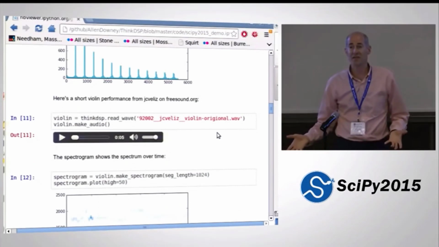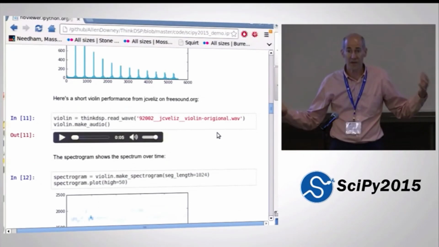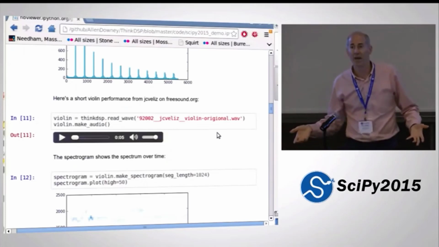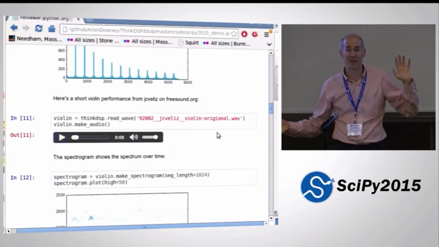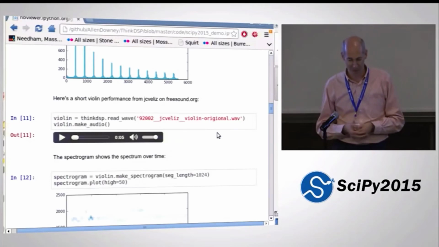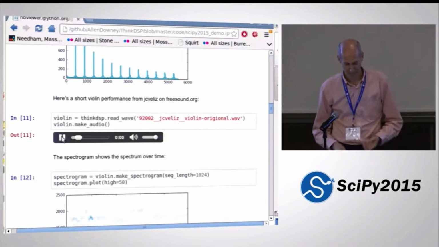The other fun part of this is that any digitized music or sound anywhere in the world, the students can grab this stuff on day one and start playing around with it. Freesound.org is this amazing resource with all kinds of little sound samples that you can grab. And so I grabbed this little performance of a violin that I think is an amateur violin player.